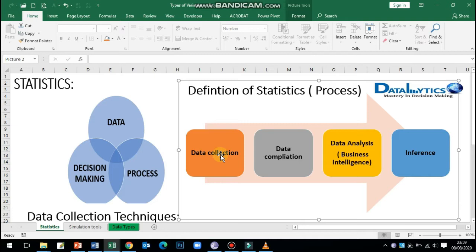You will collect data, then you will compile the data, and other terms are also used for it: data collection, data pre-processing, data refining, data cleaning, etc. Sometimes we call it designing the database. Then you will do certain descriptive or predictive analysis. We also call it business intelligence or business analytics. Then you do inference or interpretation of your data. Interpretation can be different, even if you have the same analysis,